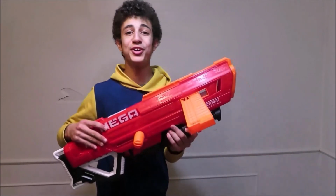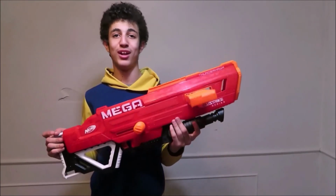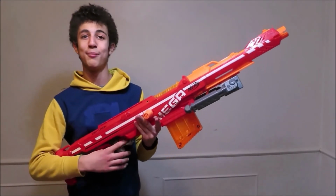Now, something that you may want to keep in mind in terms of finding the Nerf guns is that the Nerf Thunderhawk did come out in 2018, which means you are much more likely to find this online than the Nerf Centurion, which came out around 2010. Now, just because the Nerf Centurion is 8 years older than the Nerf Thunderhawk does not mean it's any worse